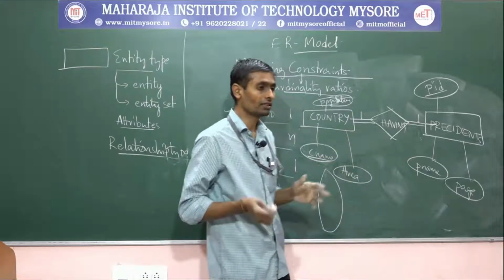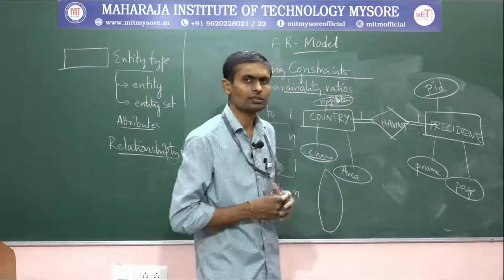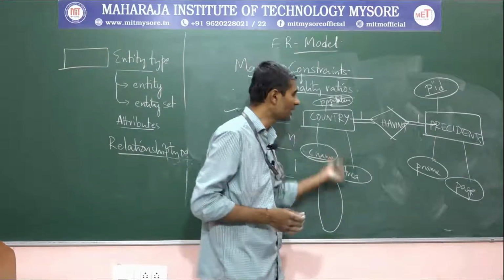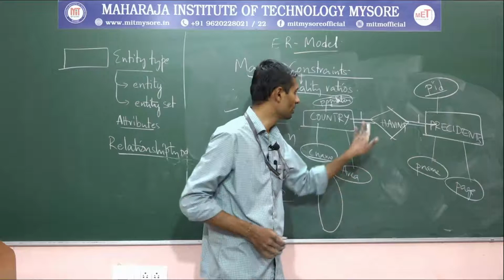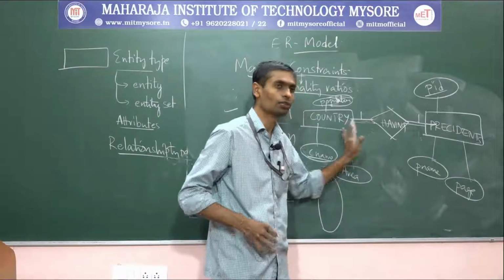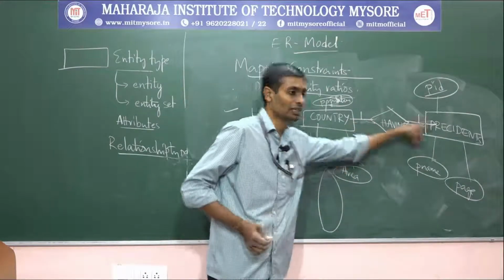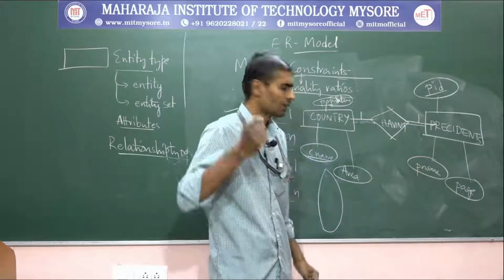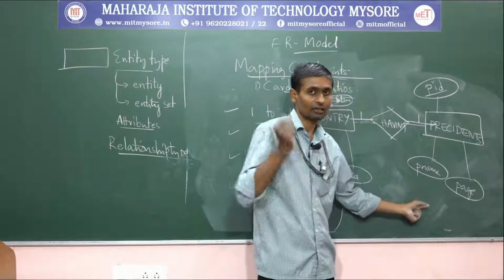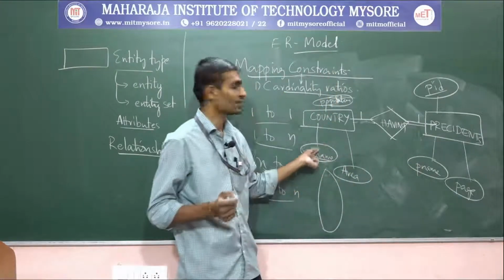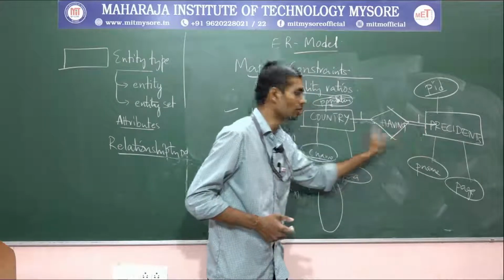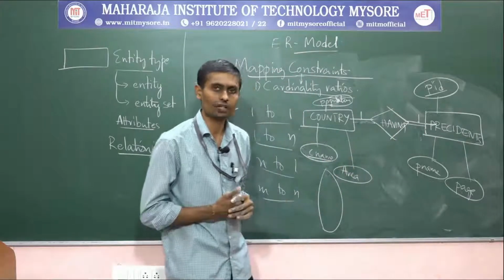Then let's assume a few of my friends might have a question like this. There are a few countries where the elections are still going on. During that time, country names are present, but no president names, right? During that time, it becomes what? Partial. It's all about the assumption. But if any president names, if we are having in the president entity type, then if any president instances are present, then definitely it will be connected with at least any one of these country entities. So for that, I can write this as total, and from this end could be a partial one.